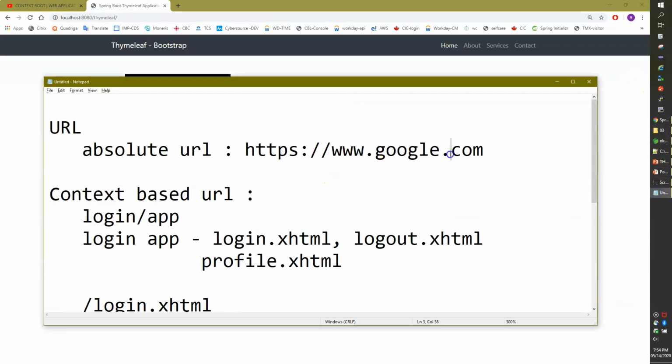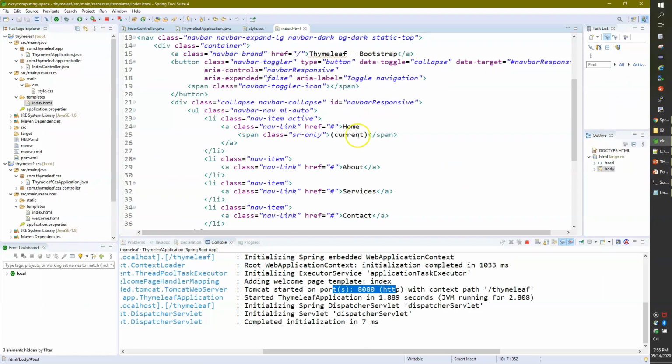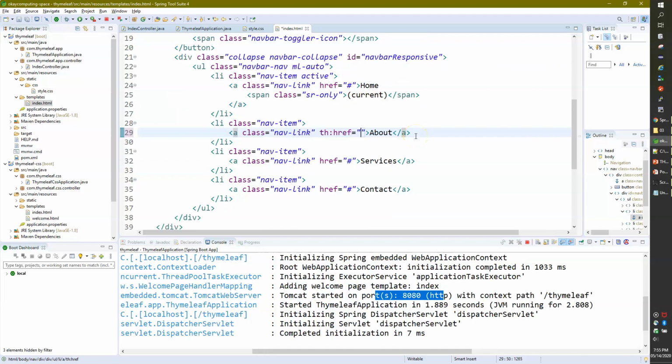Now the next thing, we'll first work on the absolute URL. Let's go here and make some change. The Thymeleaf tag is th:href, and inside this I'm going to put the absolute URL. My absolute URL is https://www.google.com.